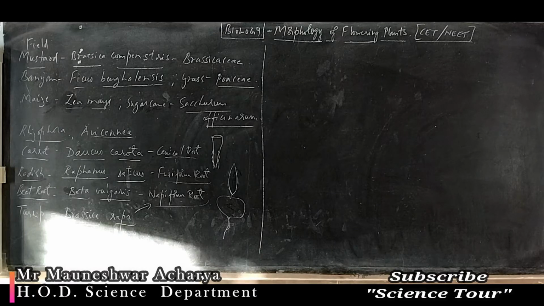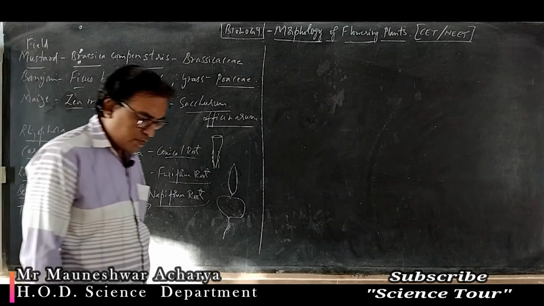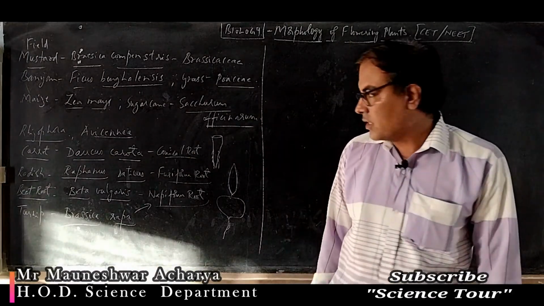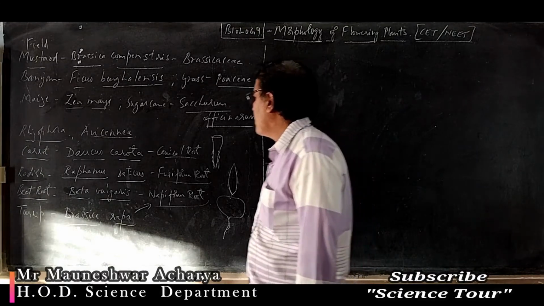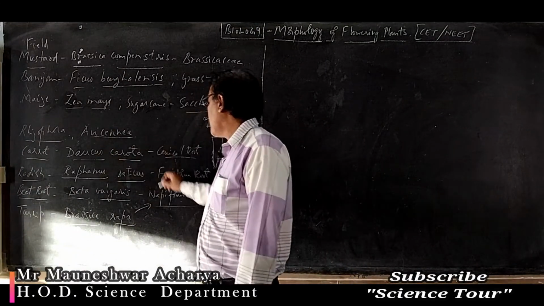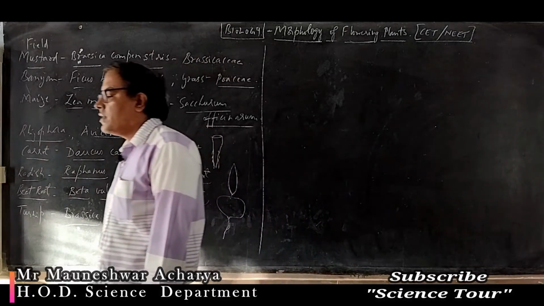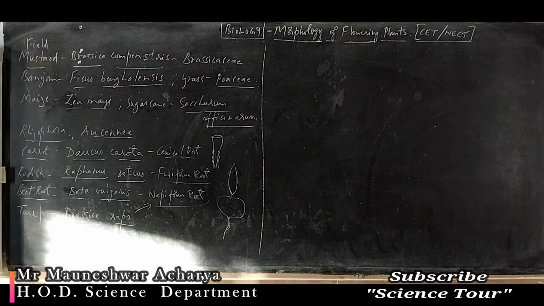So Rhizophora is commonly called red mangrove. What is called red mangrove? Mangrove vegetation is found in coastal and swampy areas. Example for pneumatophores. These are all underground root modifications. Note down. Then apart from that, there are some special modifications of root, that is called clinging or hanging roots.